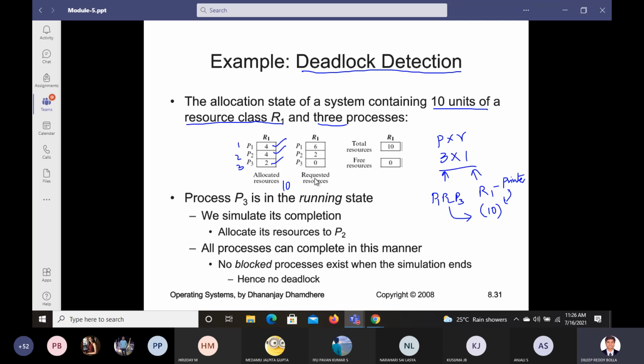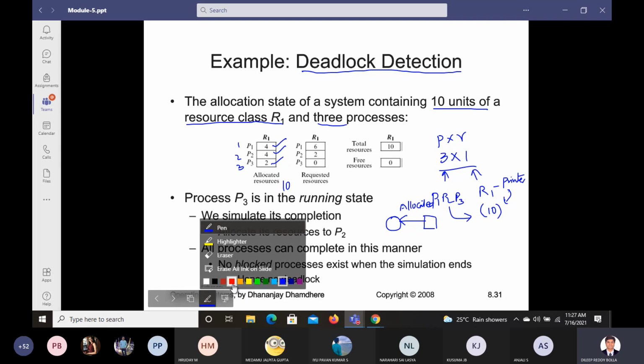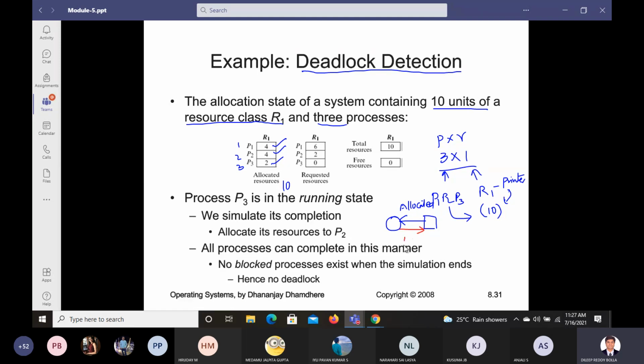Now, there are allocated resources and requested resources. If you see, this is a process and this is a resource. Now if the resource is given to the process this way, we call it allocated. And if it is the reverse condition, from the process to the resource, then we call it requested.